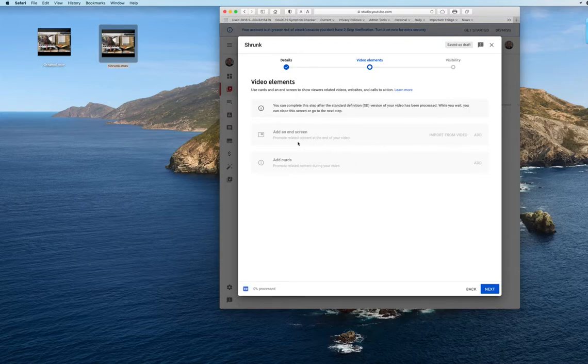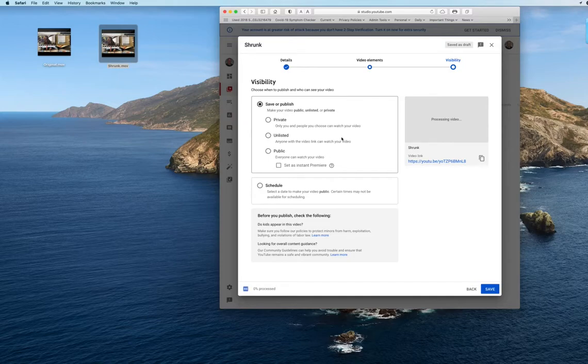This is to add other things like an ending. If you want to promote something, you don't need to do anything here. Just going to click Next again. And then this is important. Is it going to be private,